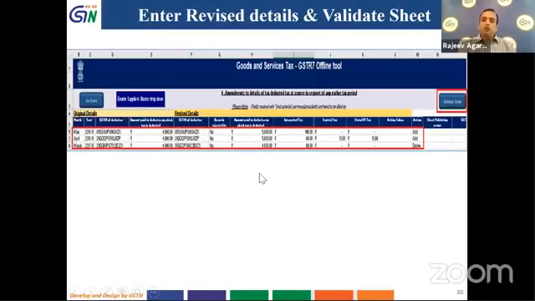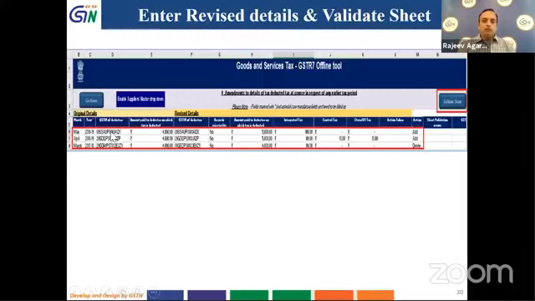Here I will also add or amend details which have already been uploaded by my supplier or rejected by a supplier. Rejected means I have uploaded some details, it has gone to the supplier, and the supplier has rejected it. That will come back to me and I will make amendments in this sheet. So there are two portions to it. One, here it is original details. It gives me the original details which I have filled in, or which were rejected by the supplier.